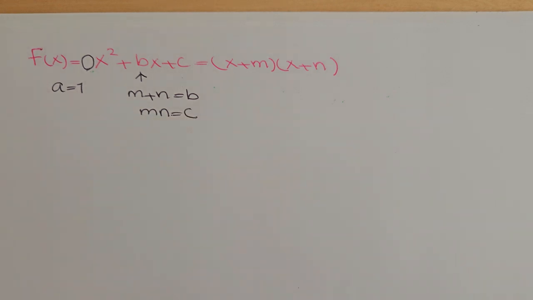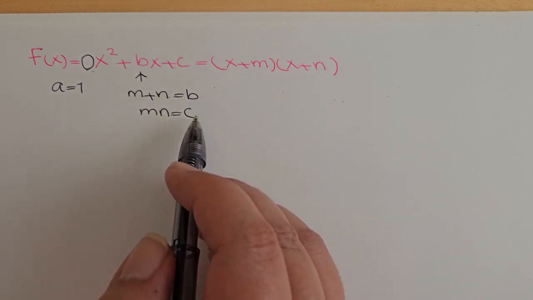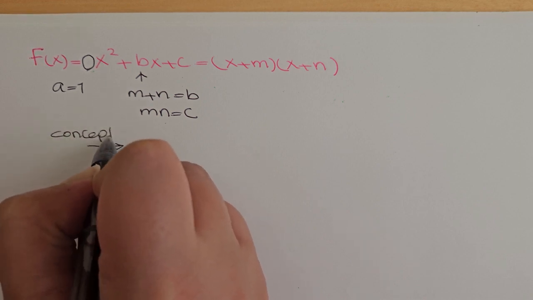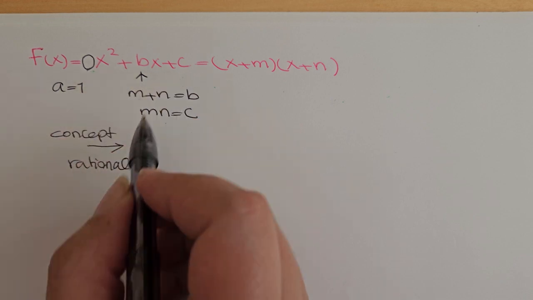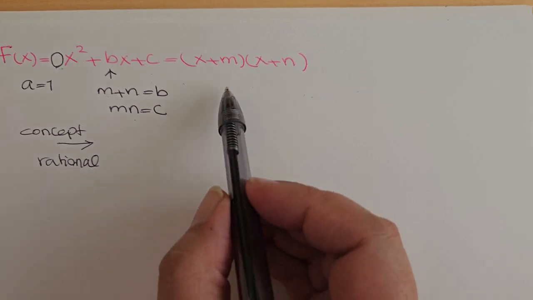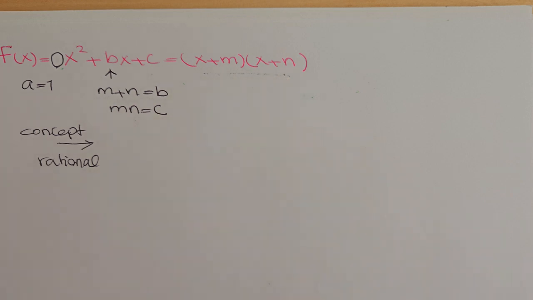Okay, now in this part of the video, I want to show you how we came to the conclusion that m plus n should be b and m multiplied by n should be c. So here we're actually talking about the concept or the rationale behind it, right? So this is the original quadratic function that you have, and this side